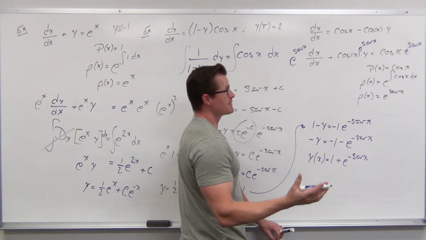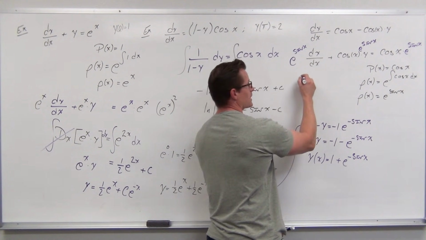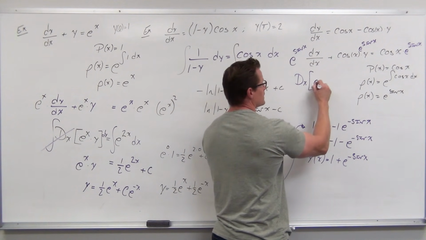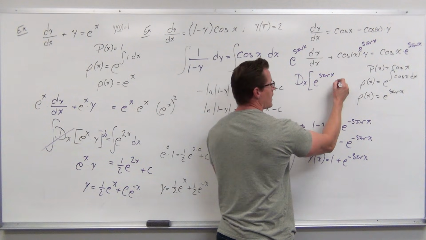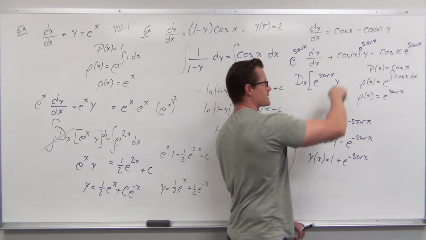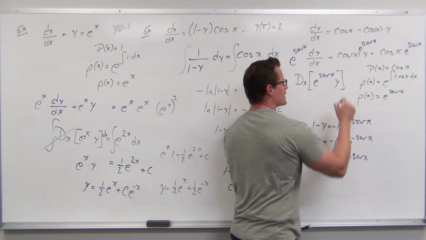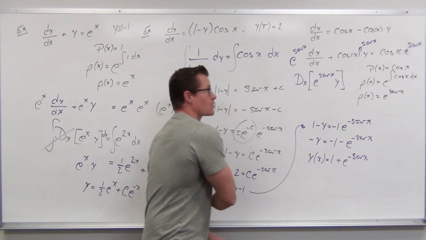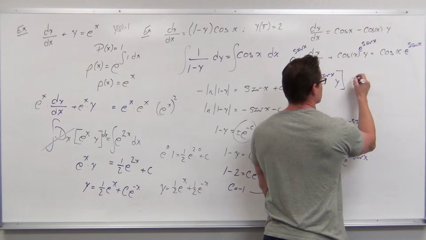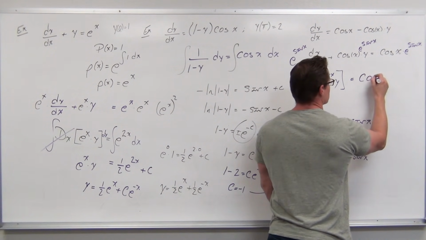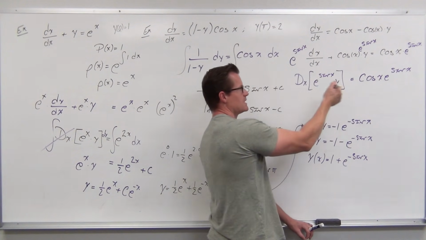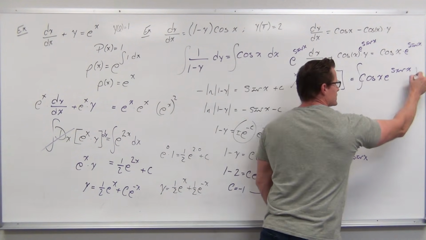On the left-hand side, this is not a problem. You're going to have a derivative with respect to x of e to the sine x times y, which of course, the derivative of e to the sine x gives you cosine x e to the sine x, not a problem. Well, on the right-hand side, you're going to have to take the integral of cosine x e to the sine x. This side, easy, derivative's gone. This side, take an integral